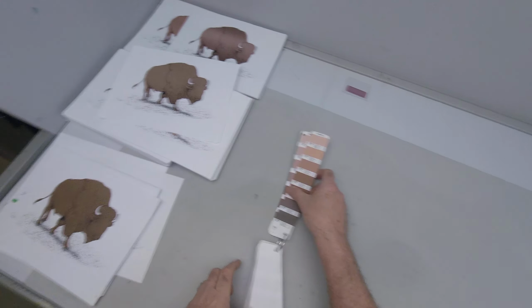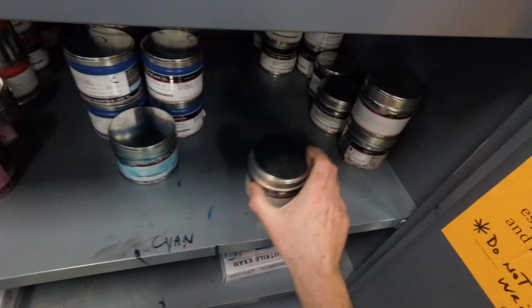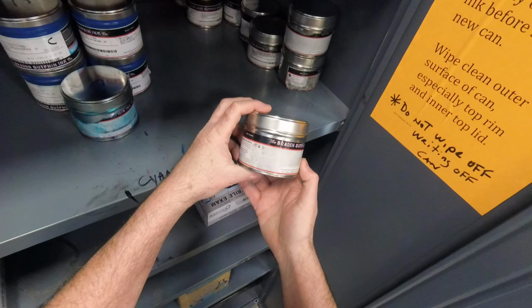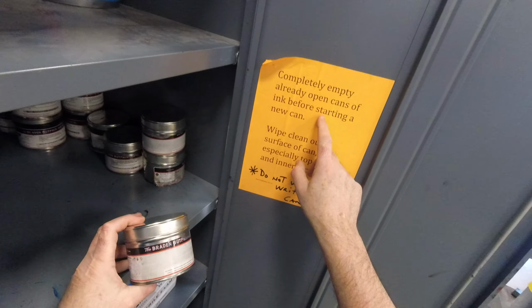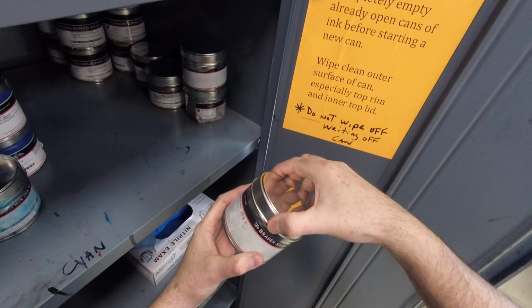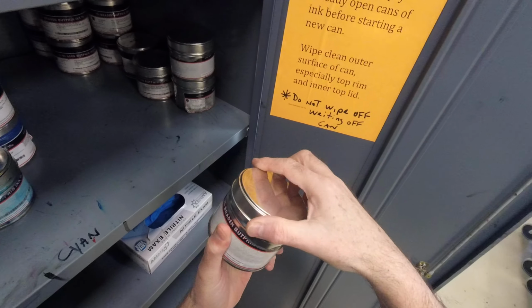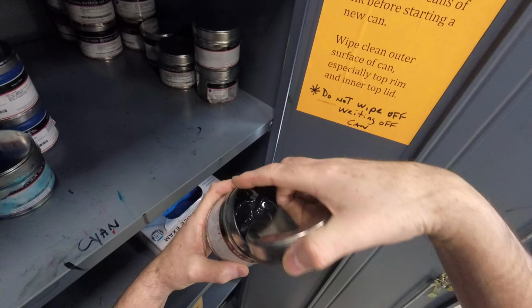Okay, I need a black ink. Black is black. So I like to completely empty an already open can of ink before starting a new can, and we want to make sure that we can easily take these lids off. So we want to make sure that we wipe clean the outer surface of the can, the outer rim and